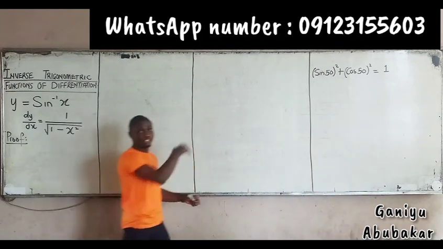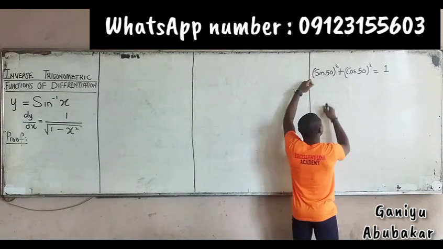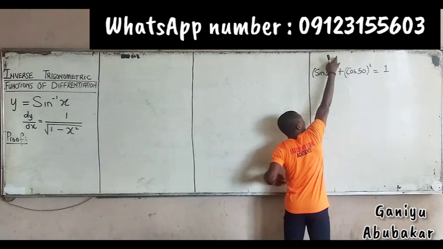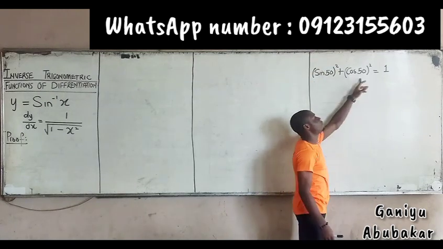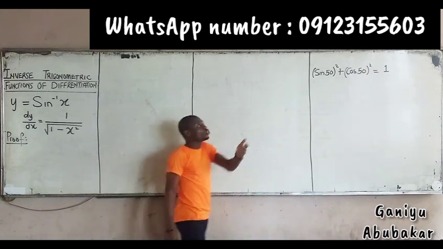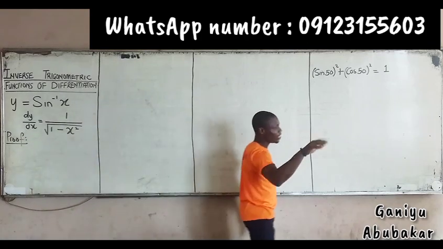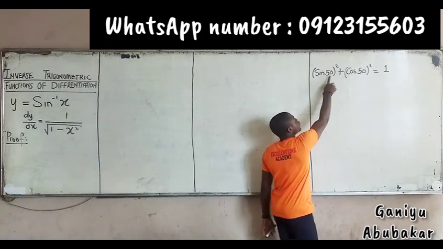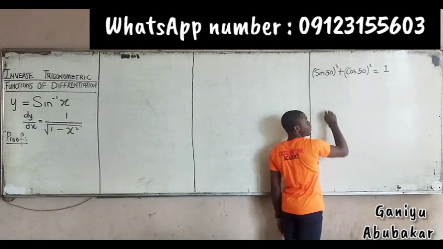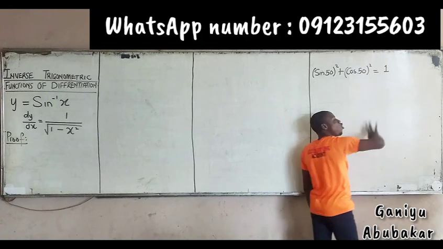So try to punch it. Sine 50, put it in a bracket, all squared, positive cos 50 all squared. Of course, my answer there will be 1. So what do we mean? Listen. If I have sine of something all squared, positive cos of that same thing all squared,